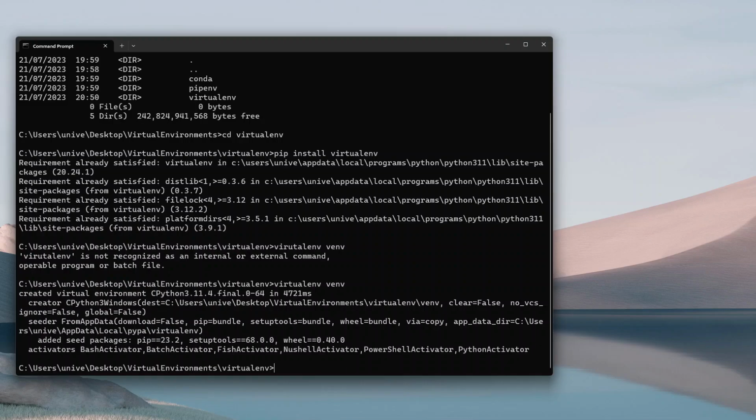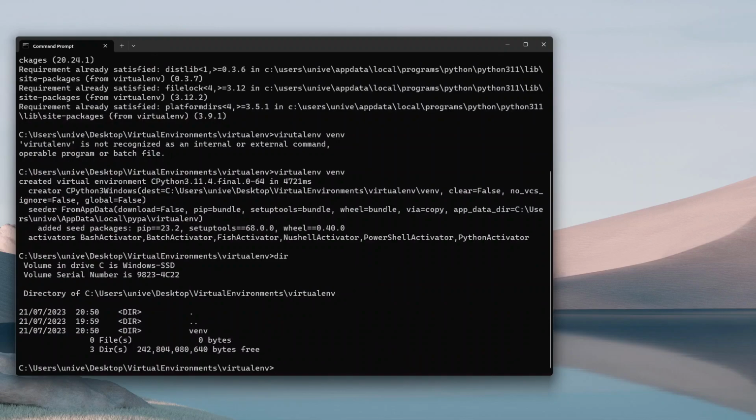Now let's do dir to see what we have after creating the virtual environment. We can see that it created this venv folder. Once the virtual environment is activated, all the packages and dependencies that we install will be stored within this virtual environment folder. So let's activate the virtual environment, and in Windows the way we do that is